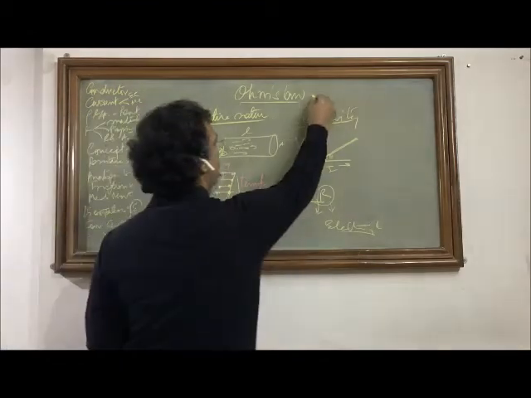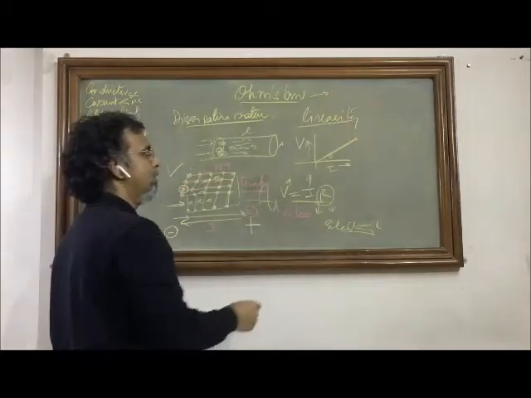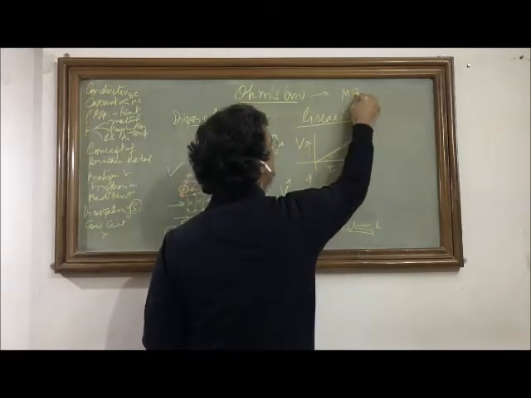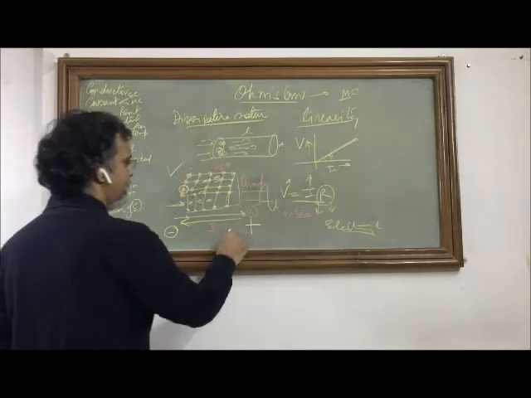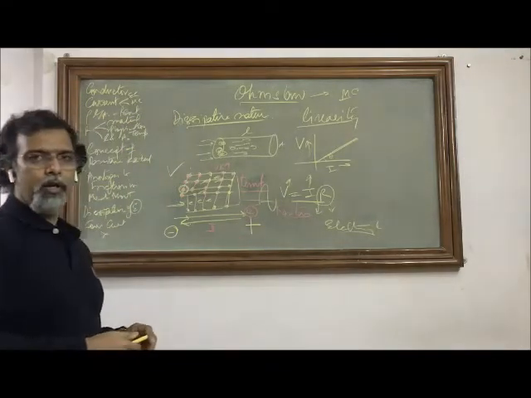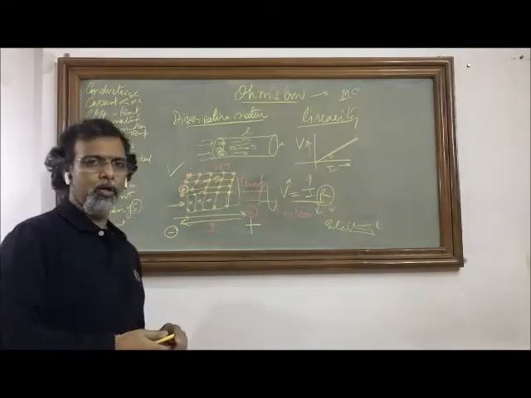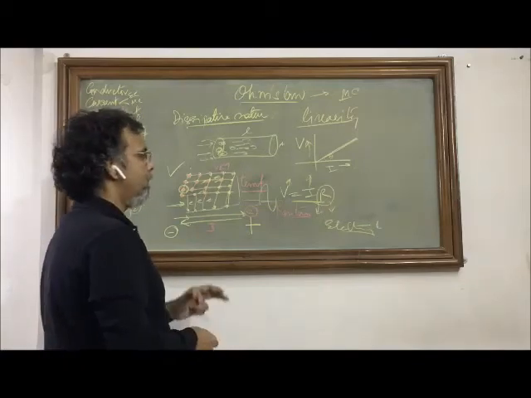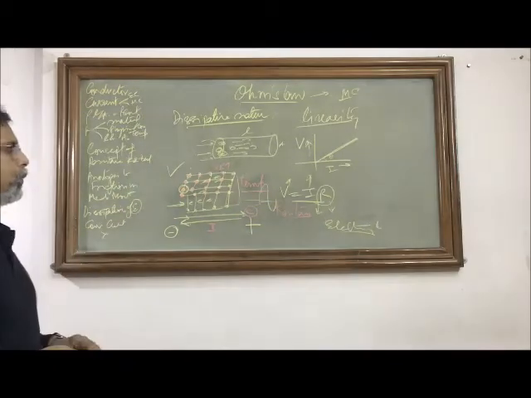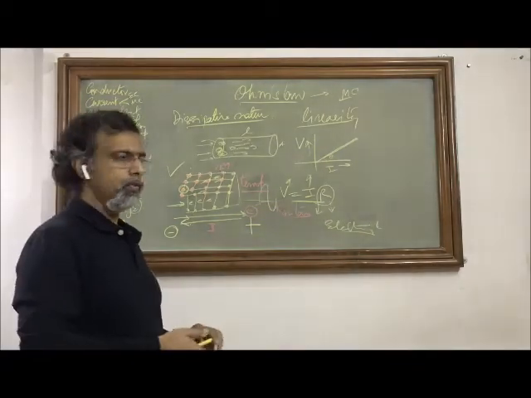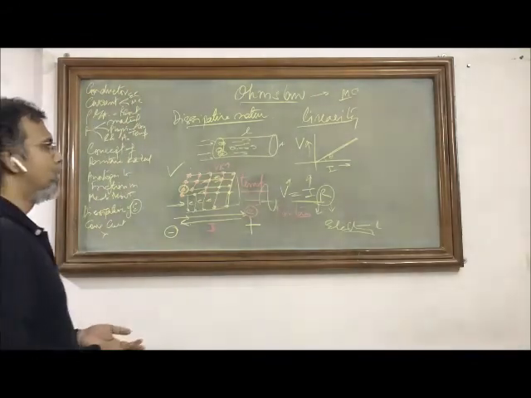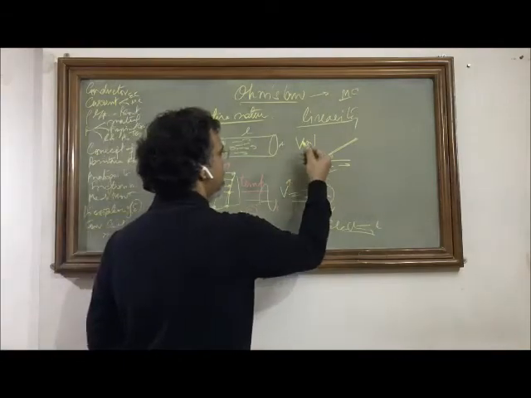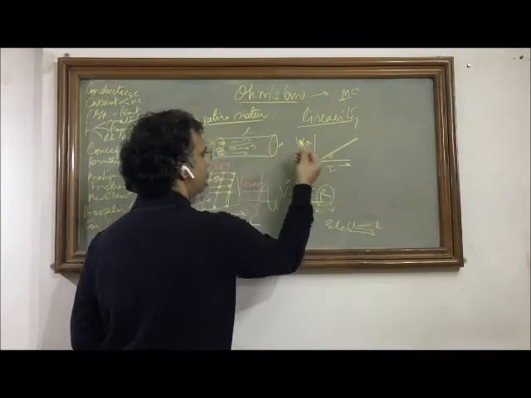So the true ohmic circuits are the circuits where we have metallic conduction, and on the basis of this, sometimes we say that the battery, or the devices or components that are based on electrolytic conduction, are non-ohmic devices or non-ohmic circuits, because there is no linearity between the value of V and I, the potential difference.